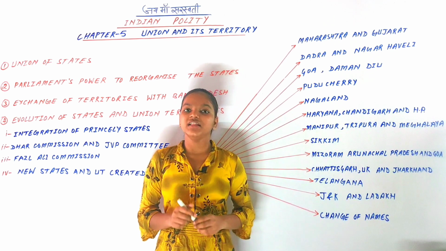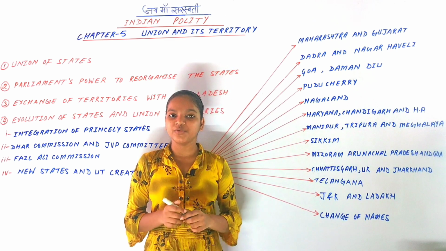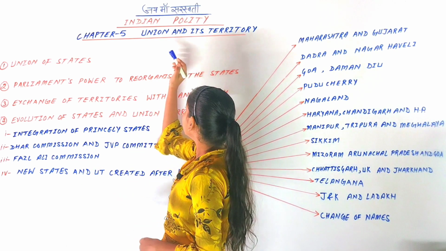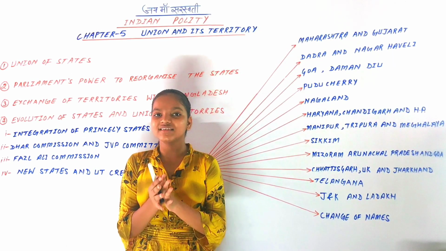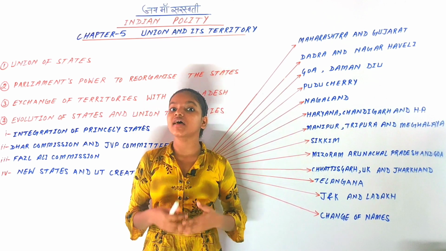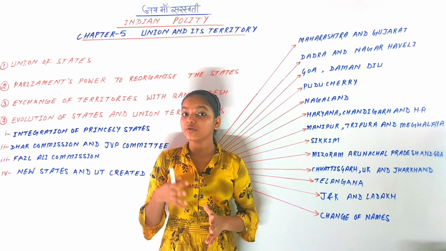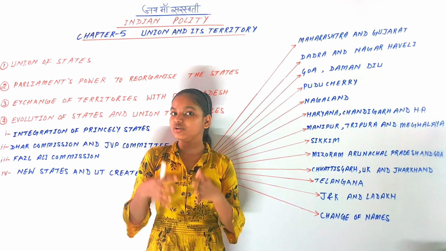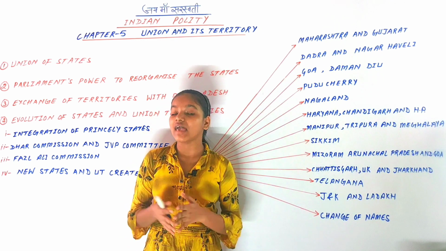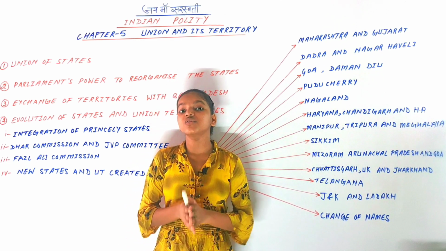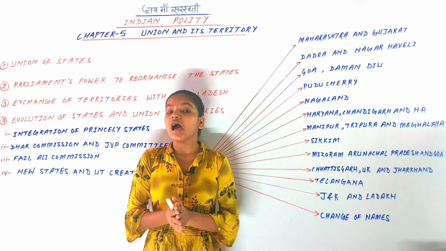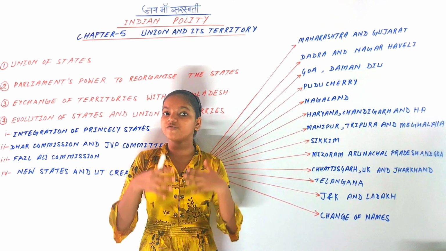So today I will explain chapter 5 from the Indian Polity book written by M Laxmikanth, and the chapter is Union and its Territories. This chapter covers Article 1 to Article 4, and we will discuss those articles. In this chapter we will discuss the states and union territories of India. As you know, in India there are 28 states and 9 union territories. We will discuss their formation, how they were formed,